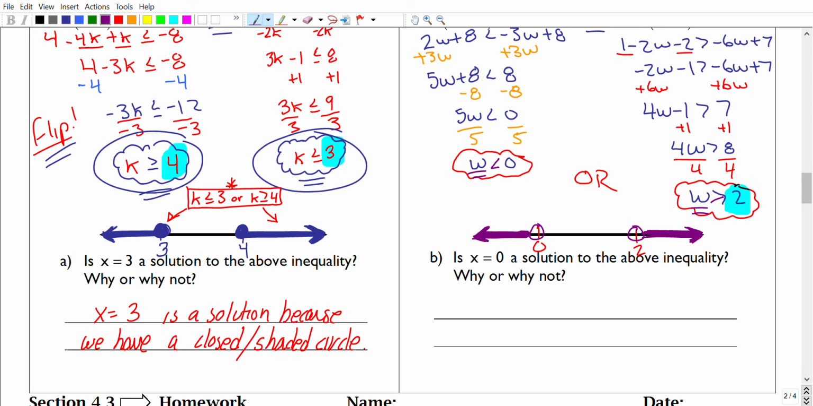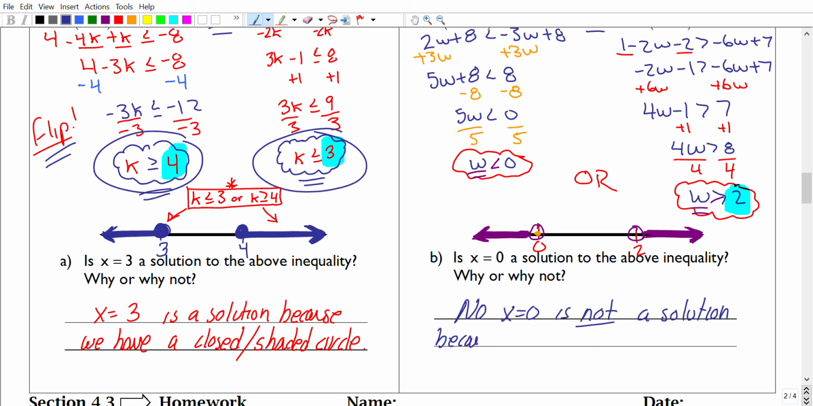Okay? Now, part B asks, is 0 a solution to the above inequality? Well, where is 0? 0 is right here. Is that a shaded region? And you would say no. Why is it not in the shaded region? Because it's not a closed circle, it's an open circle. So you would say no, x equals 0 is not a solution